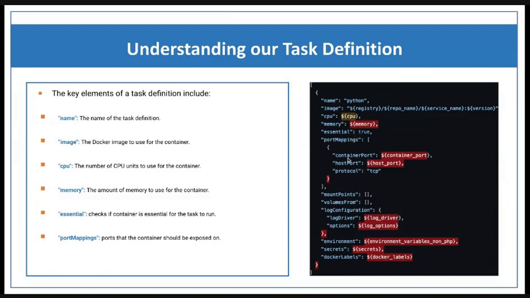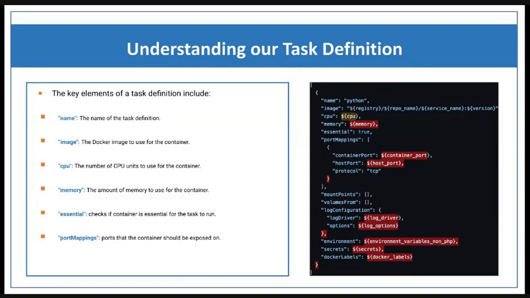Port mapping. Port mappings allow you to map your container port to the host port. Say you have an Nginx container, and it has an internal container port of 8081. You want to expose this to the host port. This is how you define the port mappings. Normally, we do not define the host ports. We let ECS pick a random port, because we do not have the luxury of knowing beforehand how many services we are going to run on a cluster and how many containers each of these services will be running. So what we do is we just leave the host port